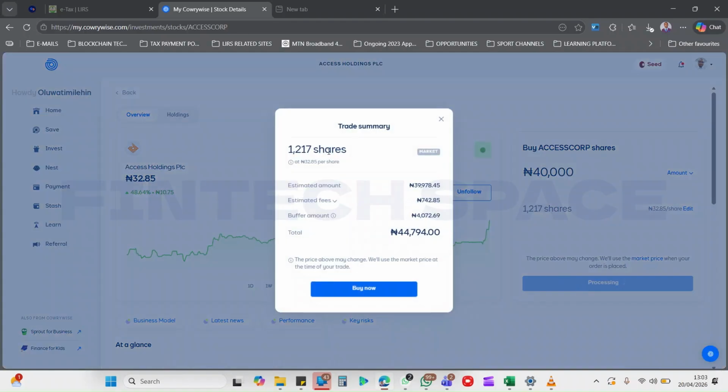Alright, so trade summary. So 1,217 shares. I'm buying at the current market price. You can decide to edit the market price, but I just go with the market price if you actually want to make a purchase. So alright, estimated amount, estimated fees 742, buffer amount, this total